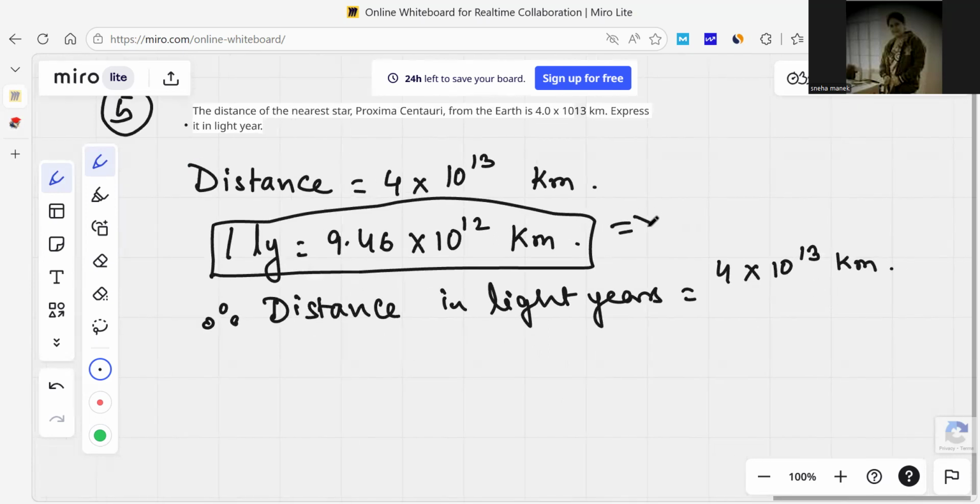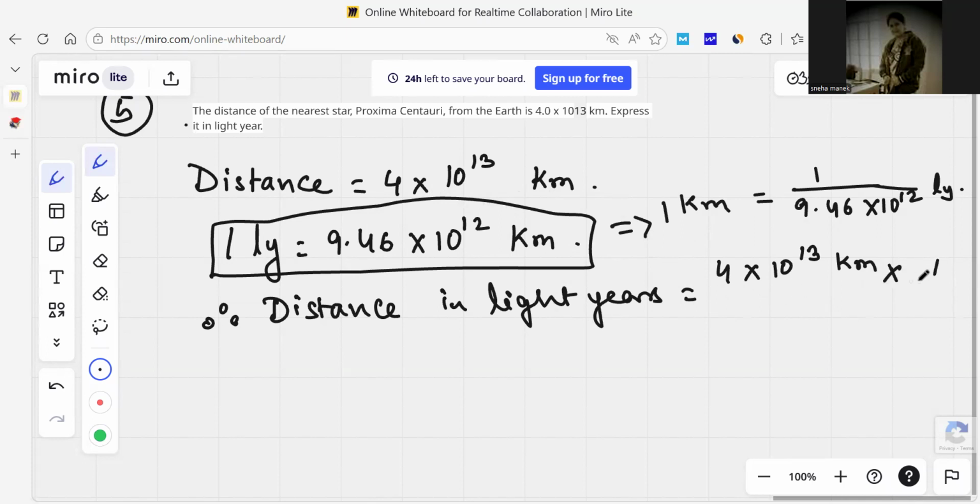Here we can just simply express 1 kilometer equals 1 by 9.46 into 10 to the power 12. This is just to make things easy for those who are slightly weaker in maths. So since our distance given is 4 into 10 to the power 13 kilometer, and 1 kilometer is this, therefore I can write 4 into 10 to the power 13 kilometer will be 4 into 10 to the power 13